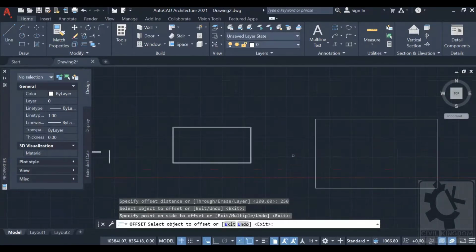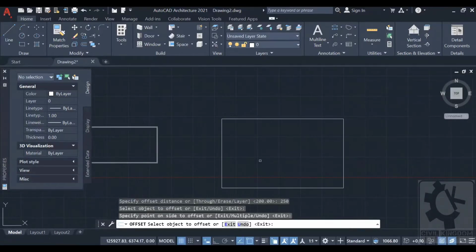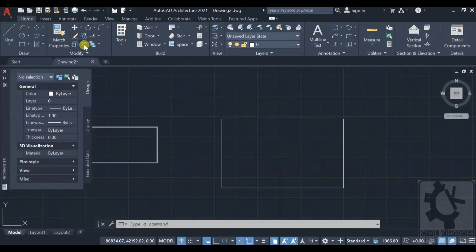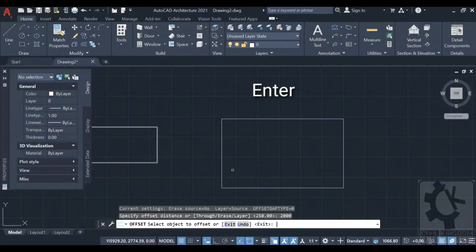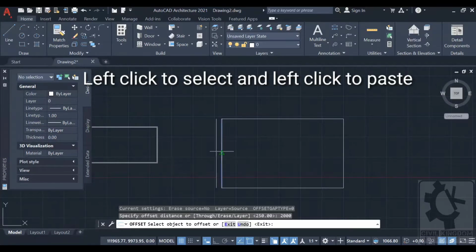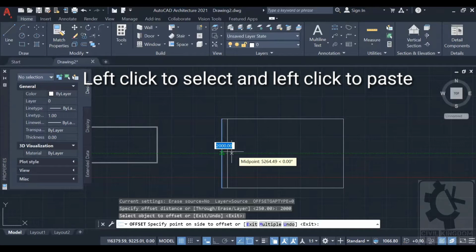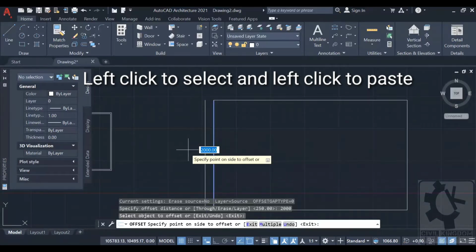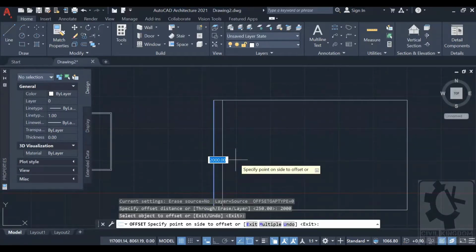Again, if you want to draw a partition of rooms, say 2000 mm, enter, select the object, and with the help of the mouse you can give the direction.